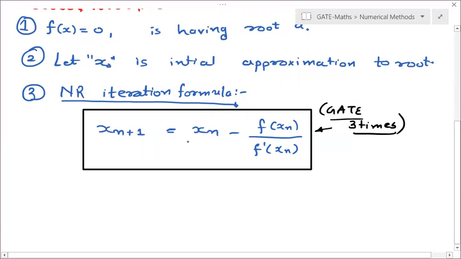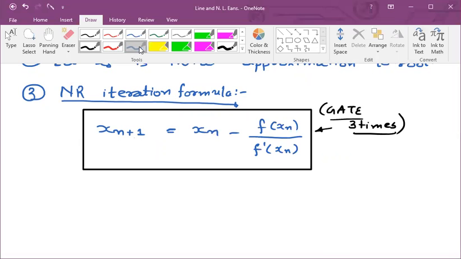So from Newton-Raphson, you have to apply these iterations again and again. When you put n equal to 0, with x0 you will get x1. When you put x1, you will get x2. For x2, you will get x3. For x3, you will get x4. And now you will ask, sir, till which point should we proceed, or at which step should we stop? What should be the last value of x where we have to stop?